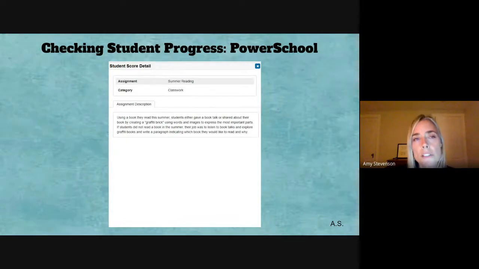So you can get a whole description of that assignment, which a lot of times I remember with my own kids just being like, well, did you look at the assignment? Did you check and see what it says? And sometimes a lot of their own questions can be answered right in there. So that is there for you as a resource and for your student as a resource. And if you've done those things and you still need our help, reach out and we will help fill in any blanks for you.